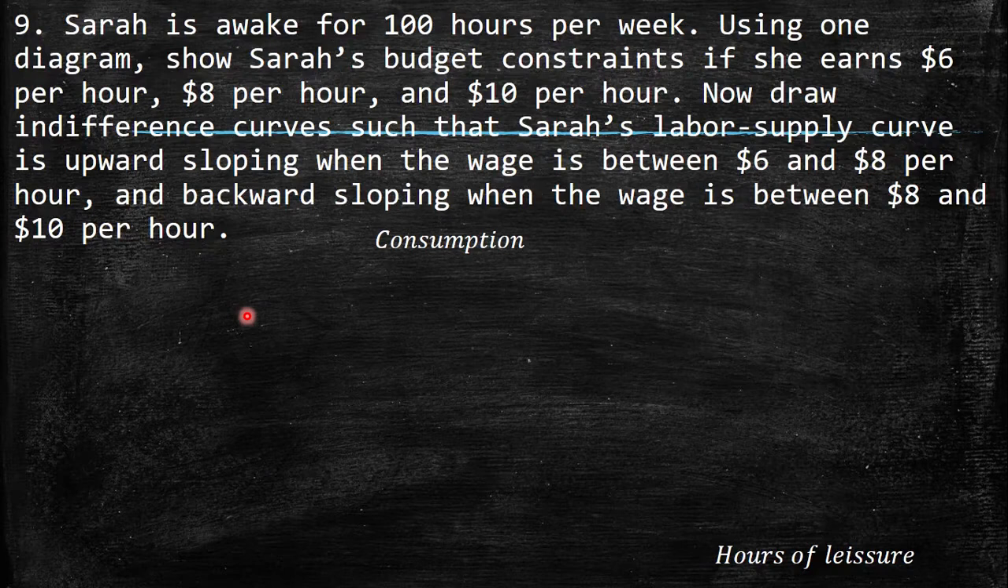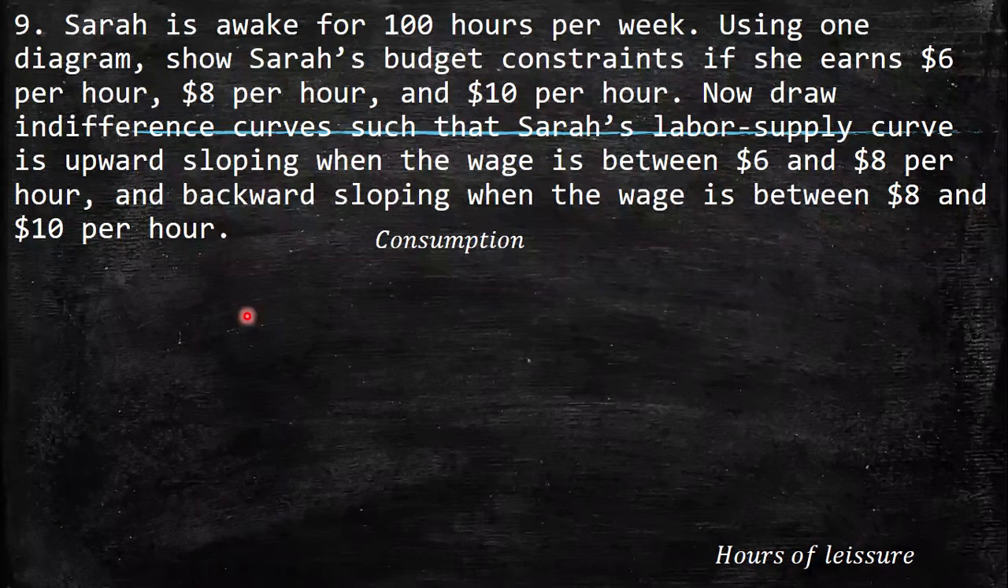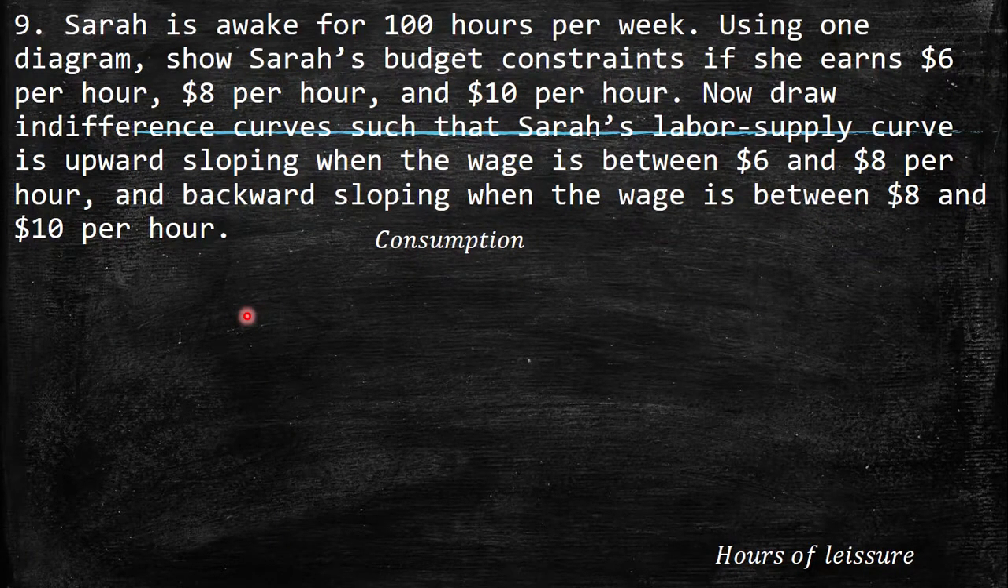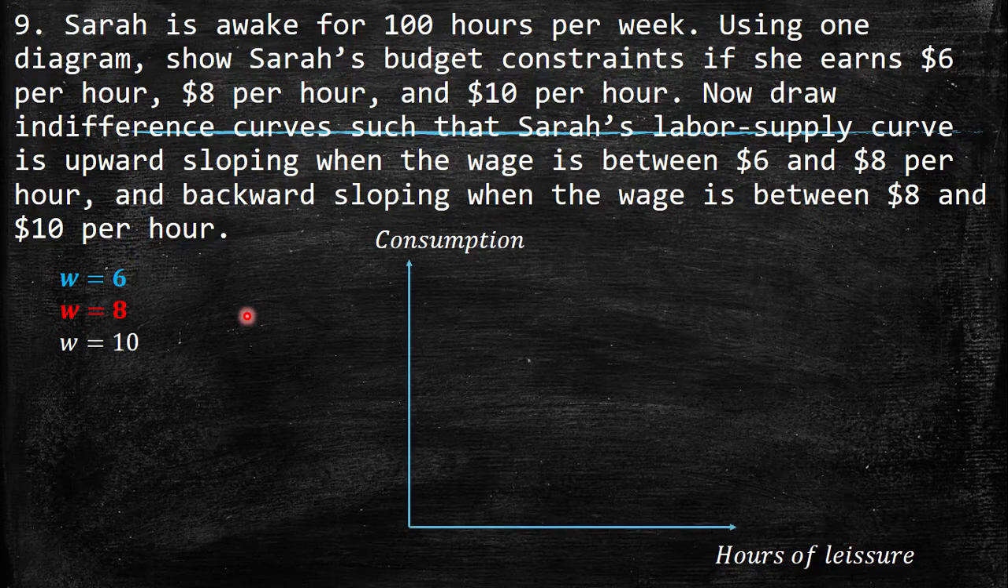9. Sarah is awake for 100 hours per week. Using one diagram, show Sarah's budget constraints if she earns 6 per hour, 8 per hour, and 10 per hour. Now draw indifference curves such that Sarah's labor supply curve is upward sloping when the wage is between 6 and 8 per hour, and backward sloping when the wage is between 8 and 10 per hour. So first, those are the three wages: 6, 8, 10. Then you have this